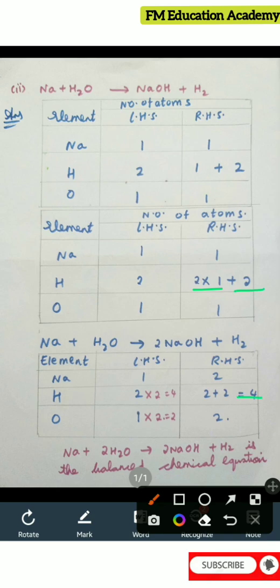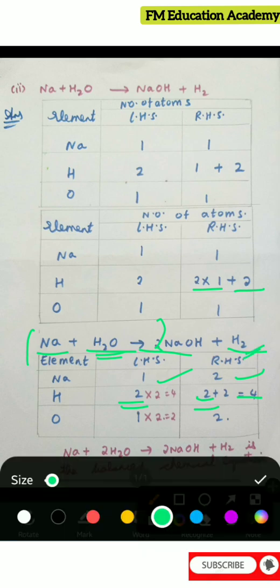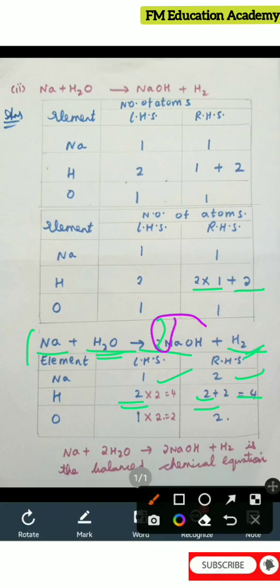So, here I'll have Na plus H2O. Now, I have written 2 here. NaOH plus H2. Now, if we consider here again on LHS, how many sodiums I have? 1 sodium. But on RHS, I have 2 sodiums. What about hydrogen? 2 hydrogens on LHS and 2 hydrogens on RHS. Plus 2 hydrogens on RHS. That is here totally we have how many hydrogens? 2 plus 2. That is 4 hydrogens. But here we are having only 2 hydrogens on LHS.